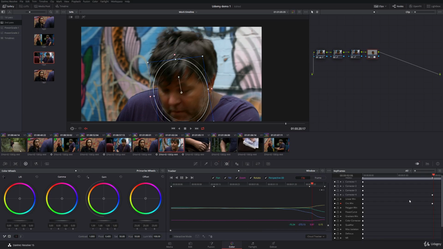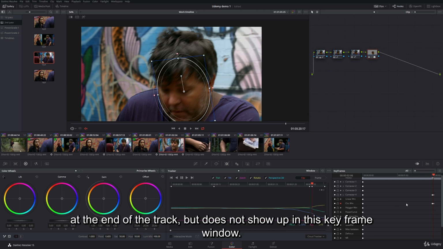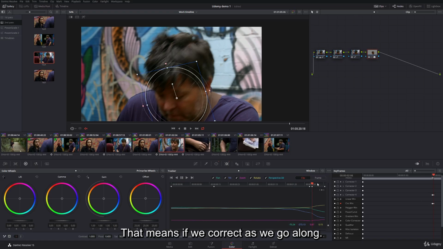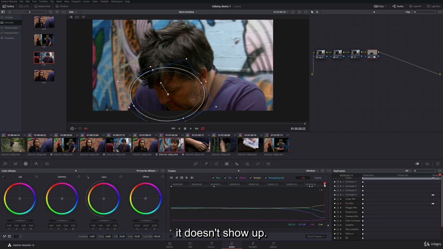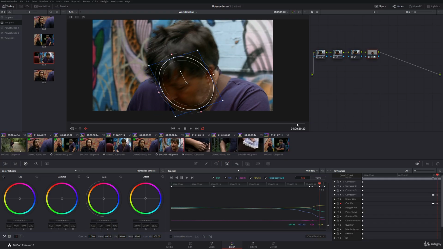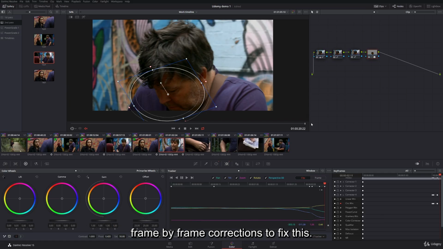Circular window. Now, there's a trick with fixing a track like this. A keyframe is automatically placed down right at the end of the track, but does not show up in this keyframe window here. It is super irritating. That means if we correct as we go along, it's always going to treat this keyframe here as though it's down here on this display, despite the fact it doesn't show up. So if I keep correcting as we go along, what we will find is that it will wrench back into that final shape, and you'll find that you just have to end up making frame by frame corrections to fix